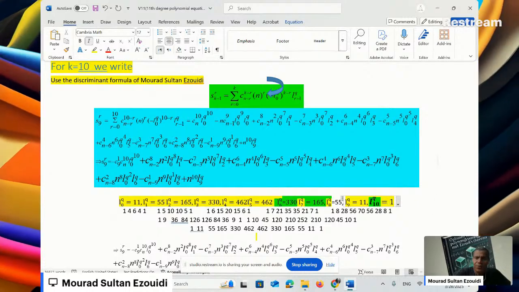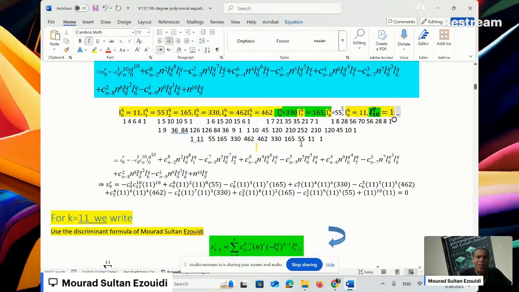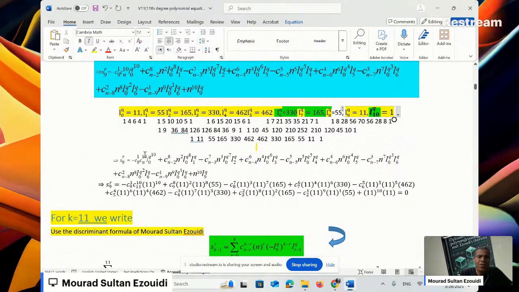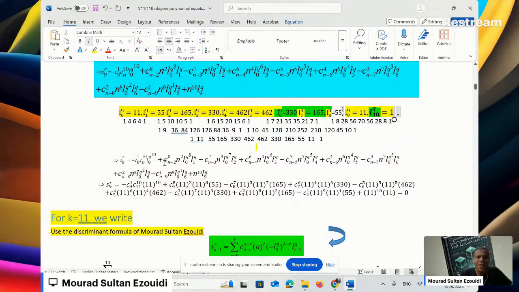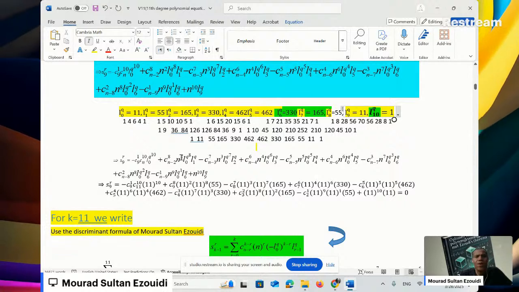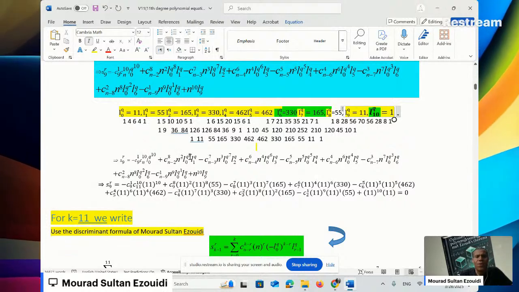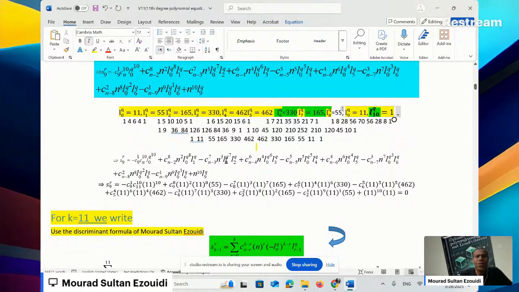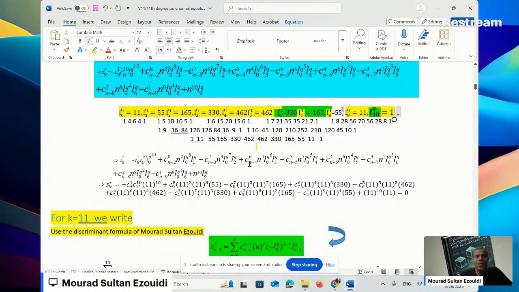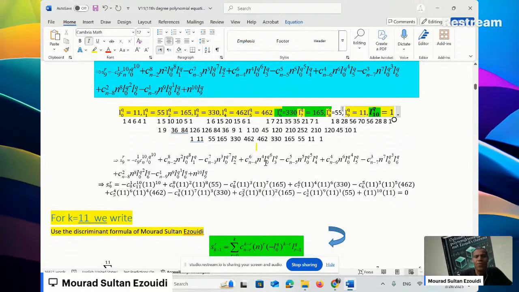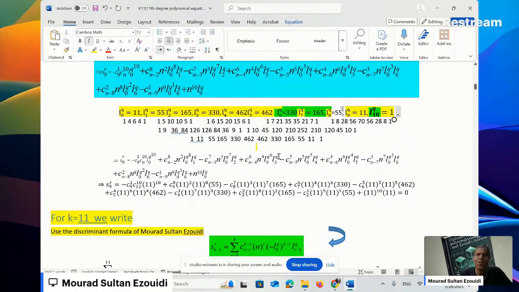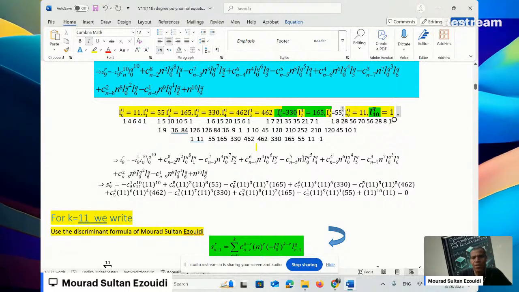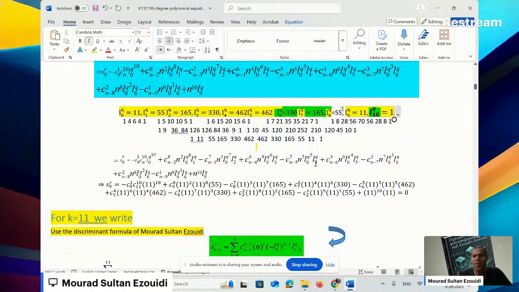Now I'm going to proceed and calculate S9, which is equal to negative combination n minus 1 choose 1 times combination n choose 10 times L0 to the power 10 plus combination n minus 2 choose 8, n squared times L0 to the power 8 times L1, minus combination n minus 3 choose 7, n cubed, L0 to the power 7 times L2, plus combination n minus 4 choose 6, n raised to the power 4 times L0 to the power 6 times L3, minus combination n minus 5 choose 5, n raised to the power 5 times L0 to the power 5 times L4